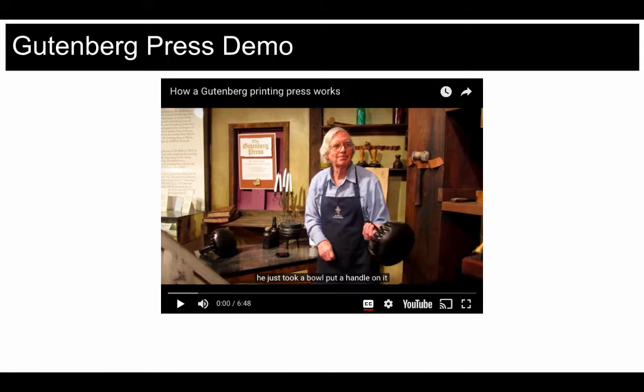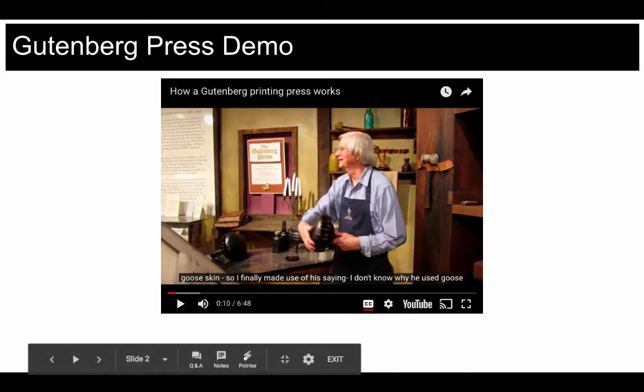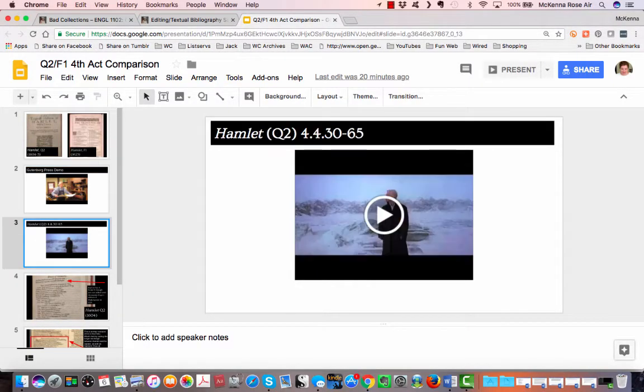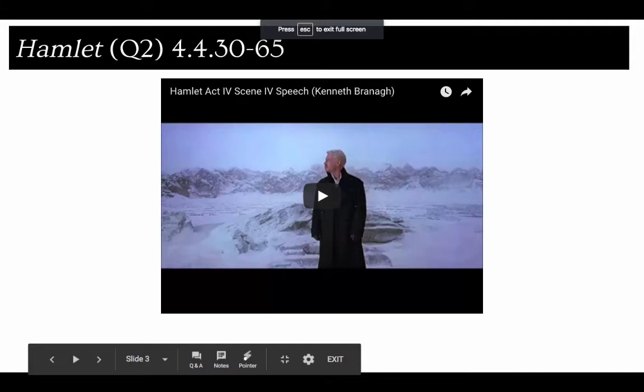Shakespeare's Q2 was printed in and around the first time Hamlet was played on stage at the Globe, and then the 1623 folio was printed later. And one thing to note is there are some key differences between quarto and folio. Chief among them is